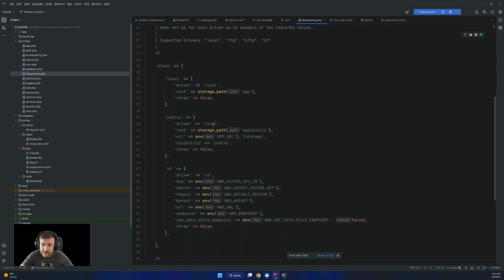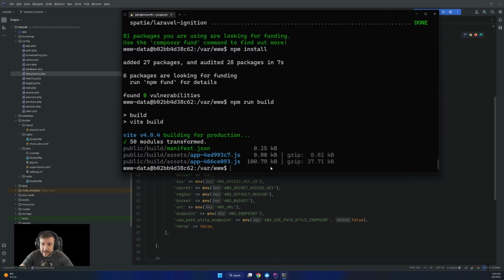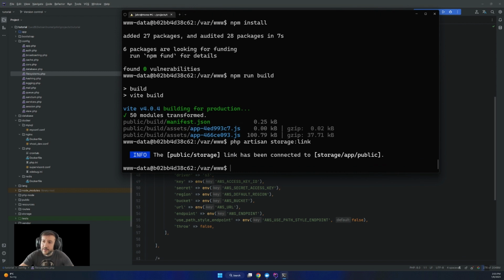The public one is the local driver but with the storage path app/public, and in order to make it accessible we need to do php artisan storage:link, and this creates a connection between the storage and the public folder.